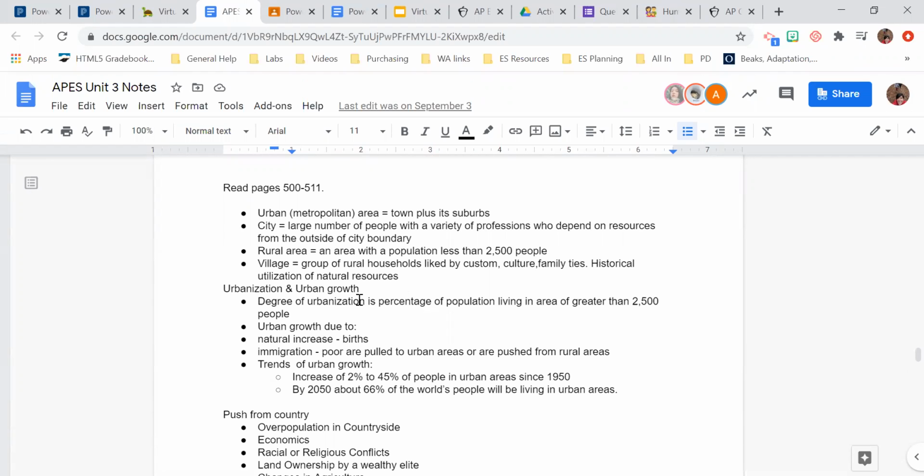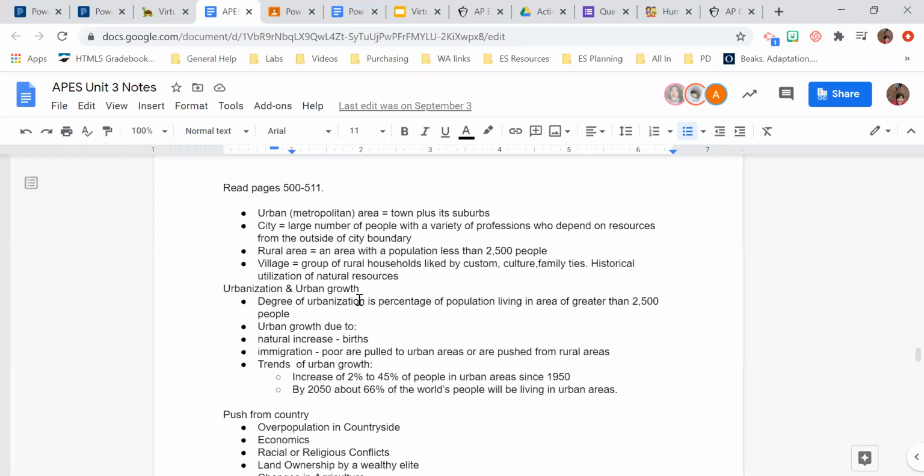All right, so first, an urban area is a city, or a town plus its suburbs. Depending on what we're talking about, it could be bigger or smaller. Atlanta is going to be pretty big, but LA is bigger. It's a bigger area. And then compare that to Savannah, Georgia. It would still count as an urban area in the city of Savannah, but not the same as Atlanta. Atlanta's much bigger.